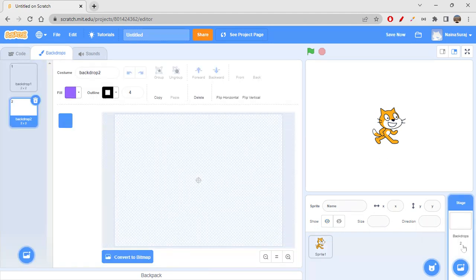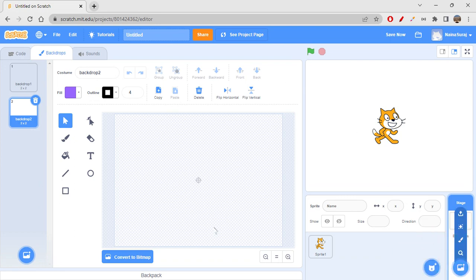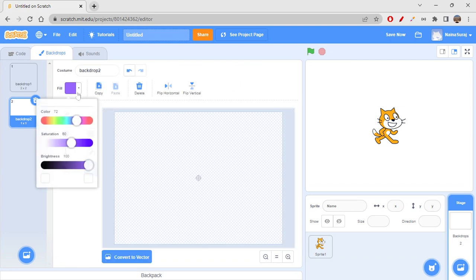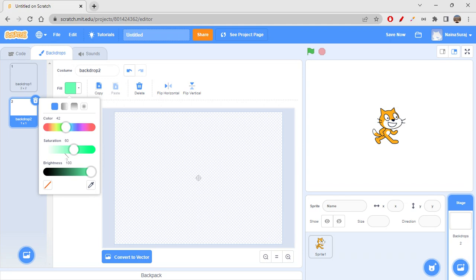Okay, so when you click on the paint option, you move to this paint screen, right? Wherein you can actually fill the color. So fill the backdrop color. If let's say you wanna fill a plain color, how would you do that? Click on convert to bitmap, right? And then you can choose some color and you can do it.